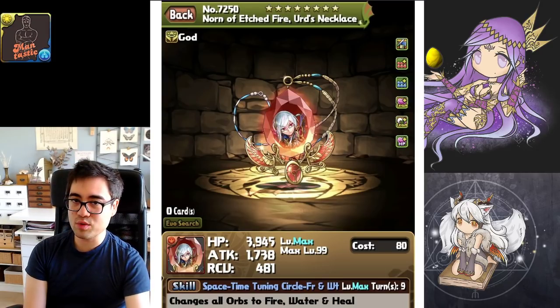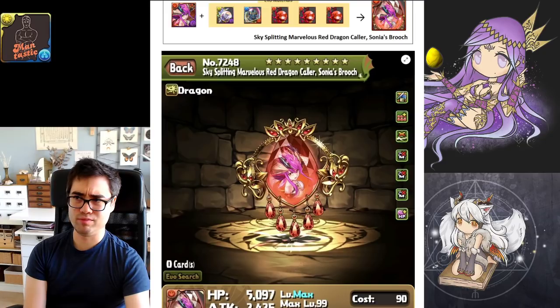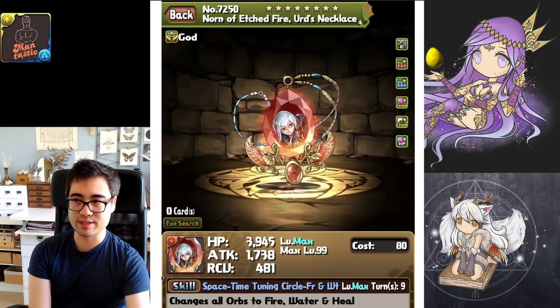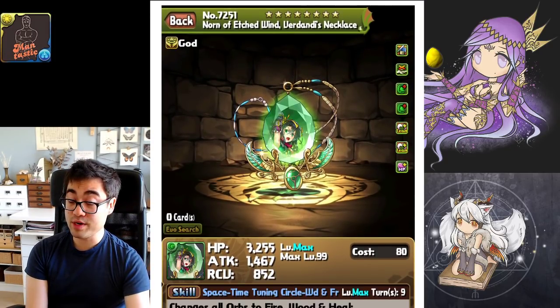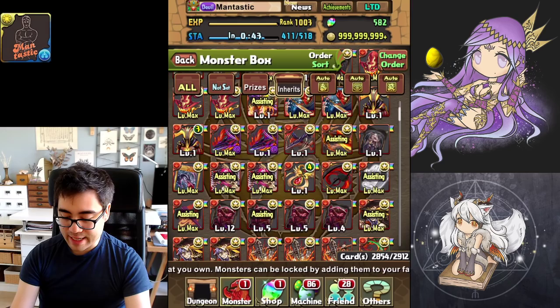So I feel like this is an okay option, but I honestly feel like the Red Sonia is just a superior option overall, and it also needs different gems, I guess. So again, just look at the evolution materials needed. Verdandi gives you a nice viable alternative to Zila hats. So what do Zila hats look like? Well, Zila hats look like